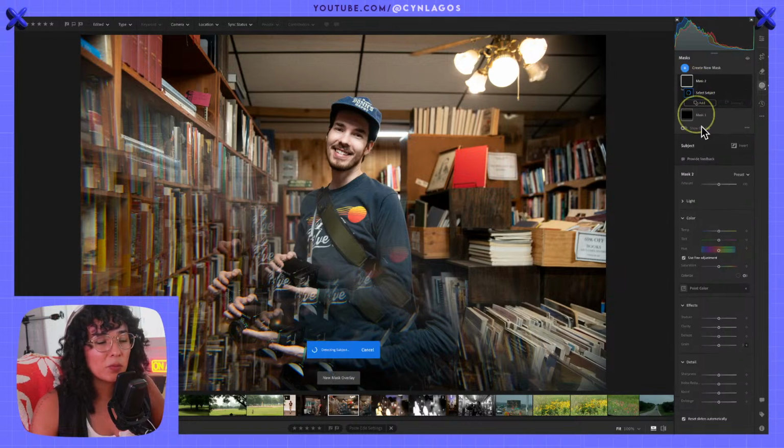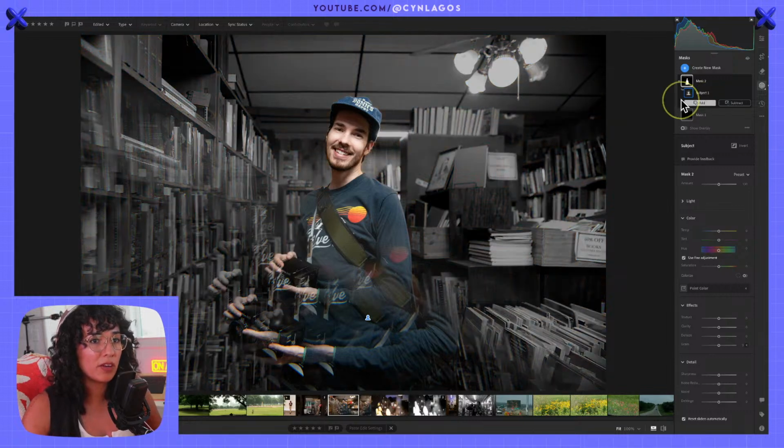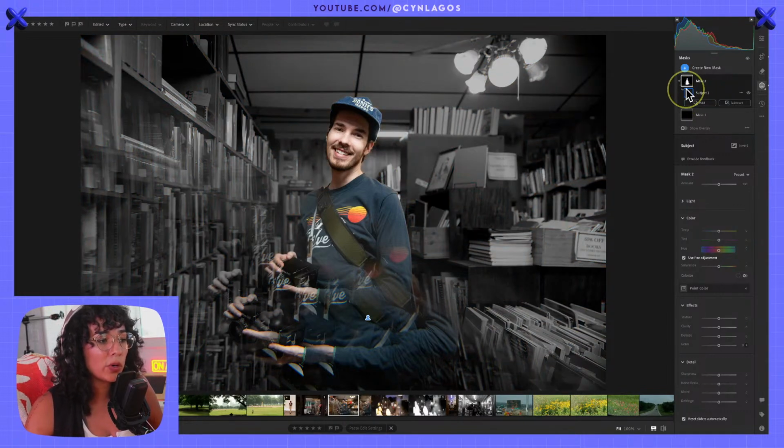Okay, so I think I'm ready to select the entire subject. And this is going to be really tricky because we do have that kaleidoscope effect on it. So, okay, it did a fairly good job. You can see the black and white is not selected. So you can see areas on the left are not selected as much. But I can do with that.